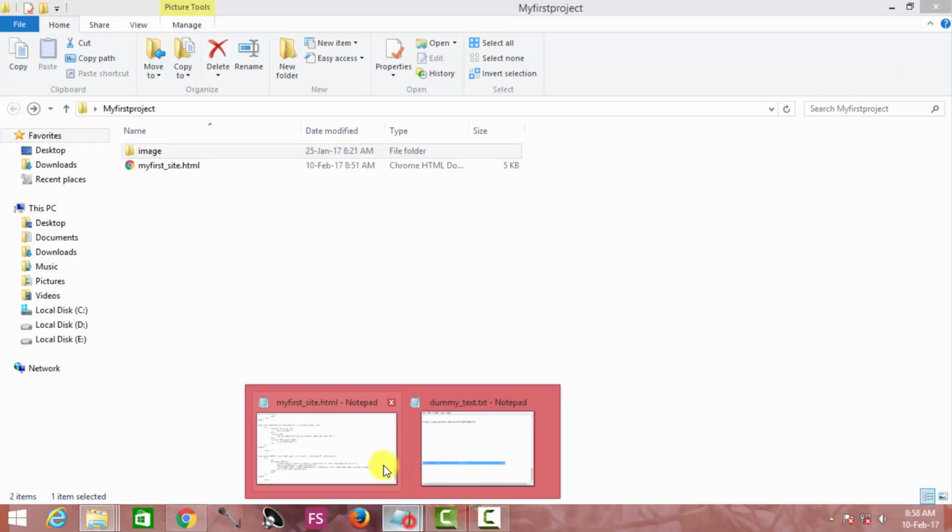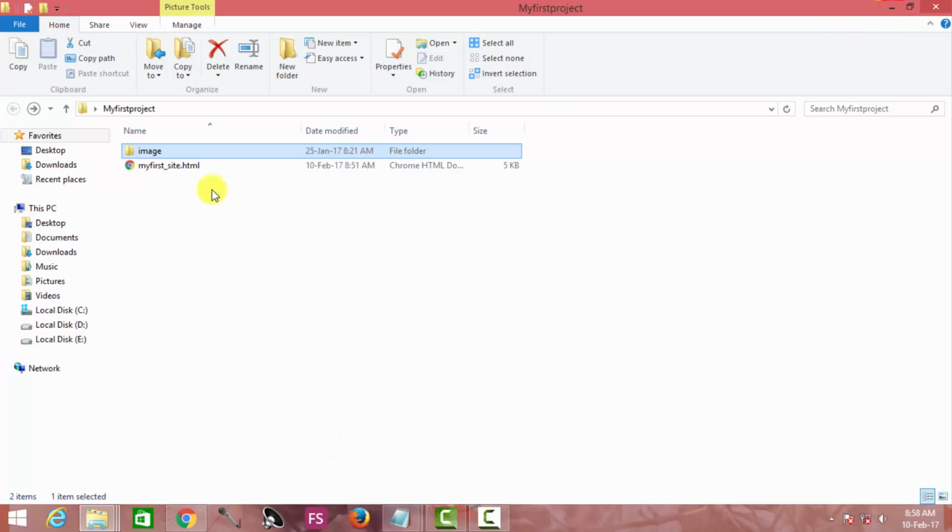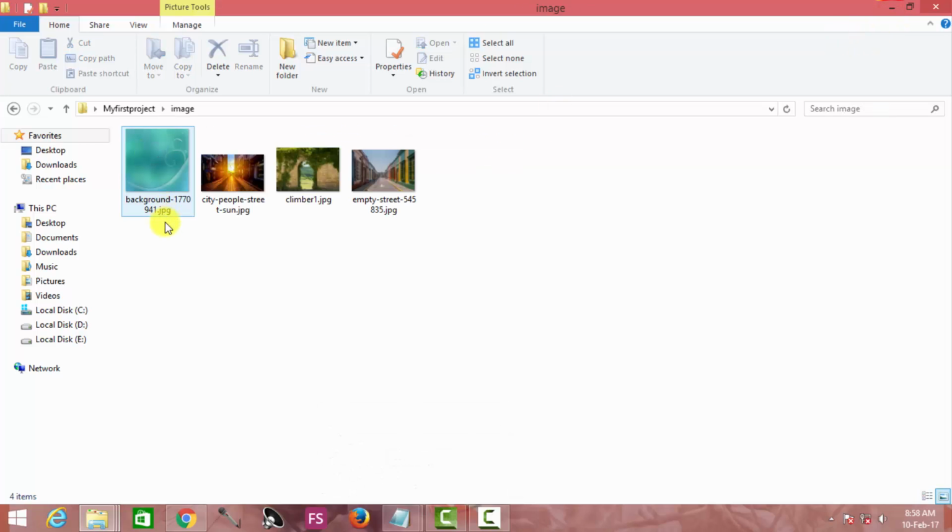Then we are coming back to our notepad, making a slash over here. Then I am entering into the folder and now choosing the file name. Suppose I am choosing this City People Street Sun.